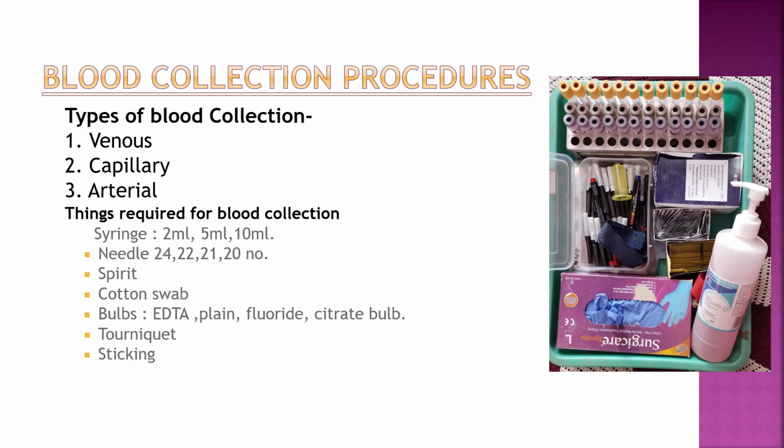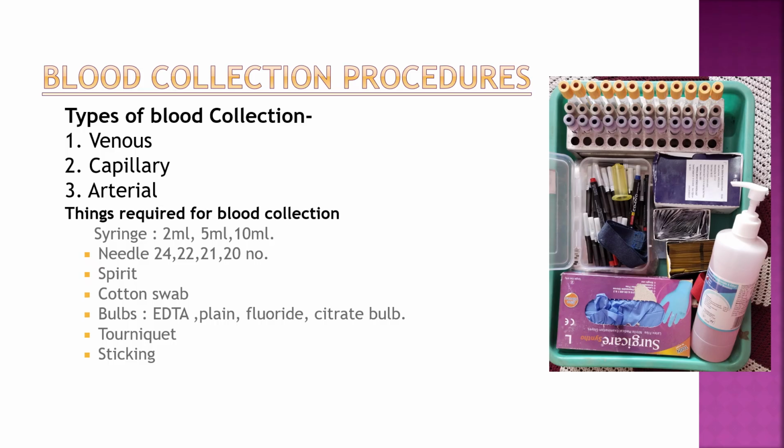Hello students, today we will have blood collection procedure lecture. So blood collections are of three types: venous, capillary and arterial. So first we will see things required for blood collection. So what should be there in your blood collection kit? So there should be syringes of different sizes like 2 ml, 5 ml, 10 ml, needle of different sizes like